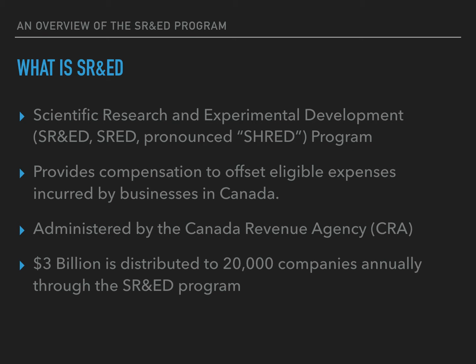As I mentioned, the Scientific Research and Experimental Development Program basically provides compensation to businesses in order to offset expenses that occurred while they were doing work that qualifies for the program. We'll get into what work qualifies shortly, but essentially this program is not giving you grants in order to go out and do work. It's all done in arrears. Once you actually complete the research and development work, you get to look back on that, see which expenses you incurred, and you get to essentially get some of that money back from the Canadian federal and provincial